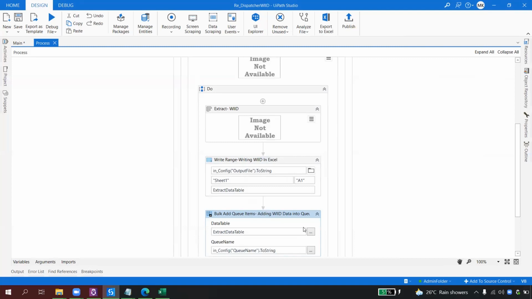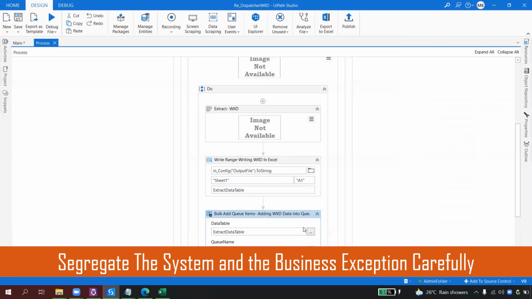So can we use a business or system condition here, and then we can put a message or email that there is no data? And what kind of exception would that be? Will it be a system exception or a business exception? Business exception, right? Because we have not